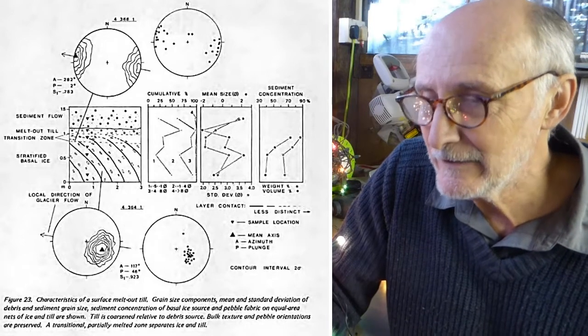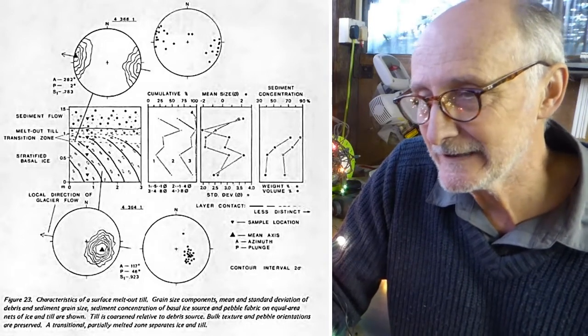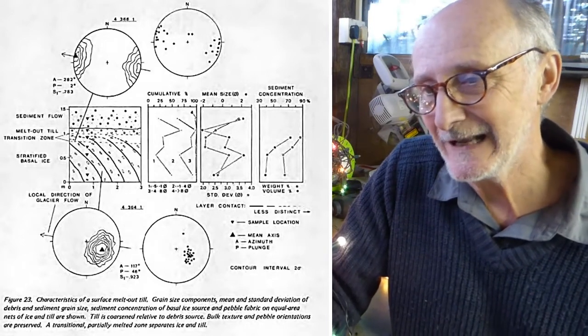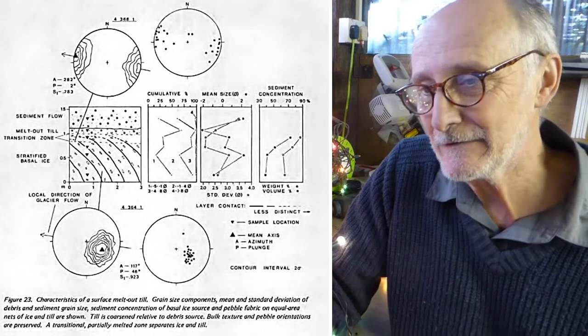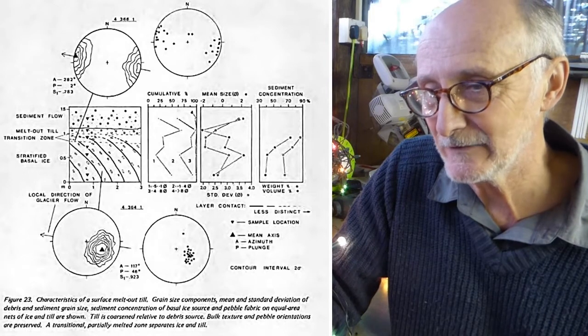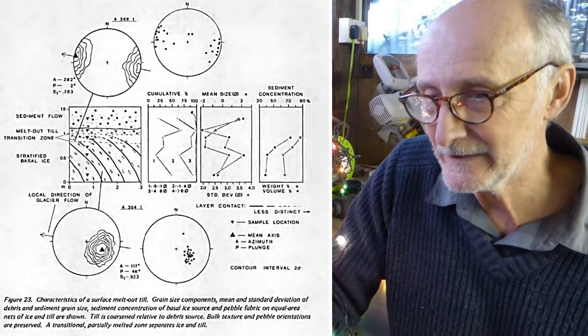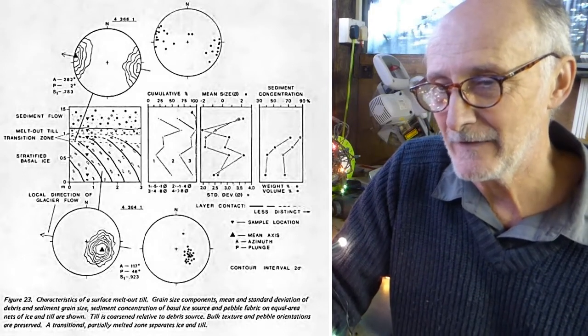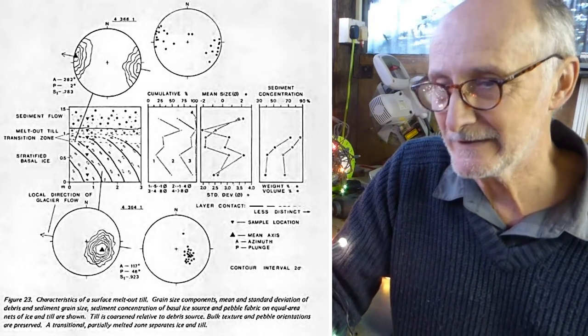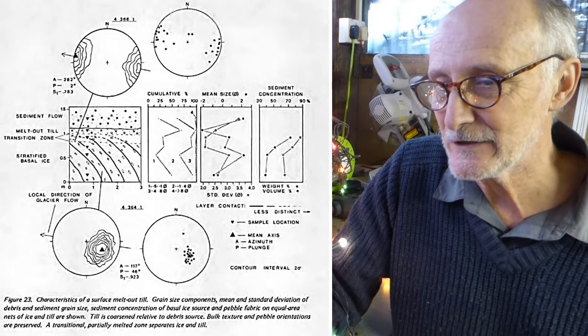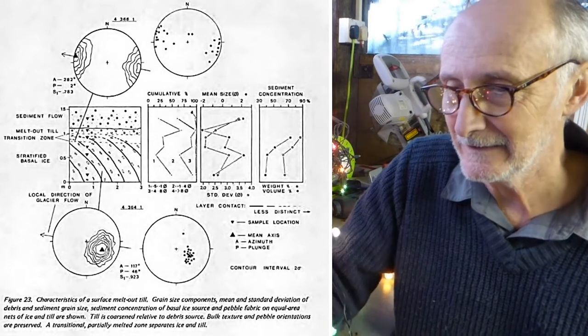So in this image, looking particularly at the left-hand side, the top and bottom of that image, he's done fabric diagrams illustrating the orientation of clasts within the basal ice layer and, in this case, within a surface melt-out till. So the bottom fabric diagram there is telling you about the direction in which the clasts in the basal ice are pointing. The top fabric diagram is telling you about the orientation that the clasts in the melt-out till